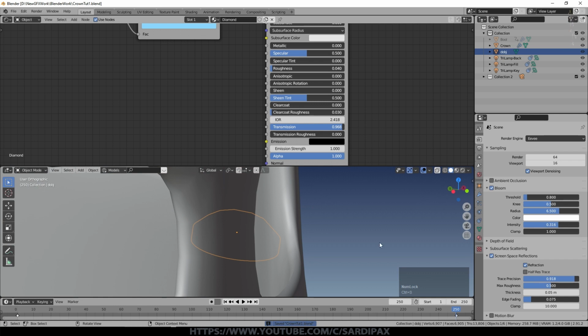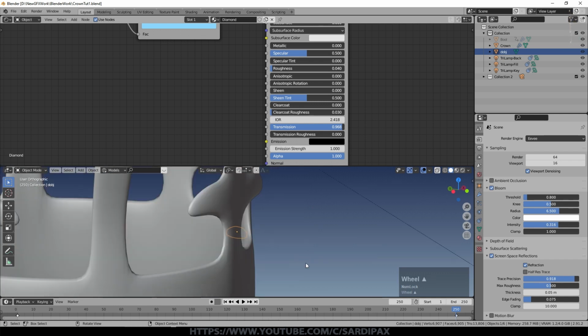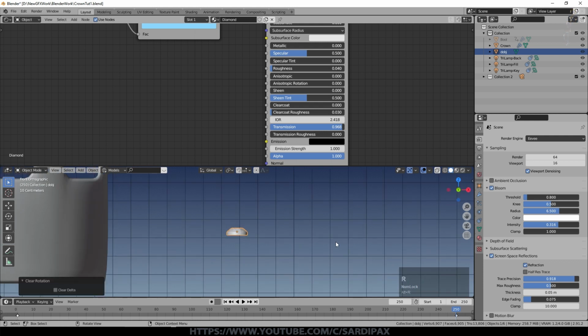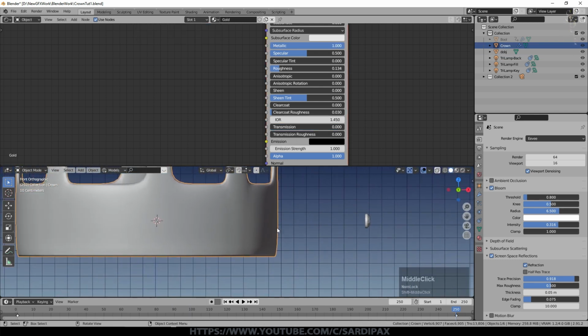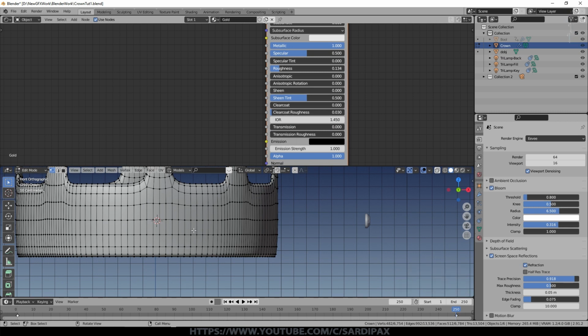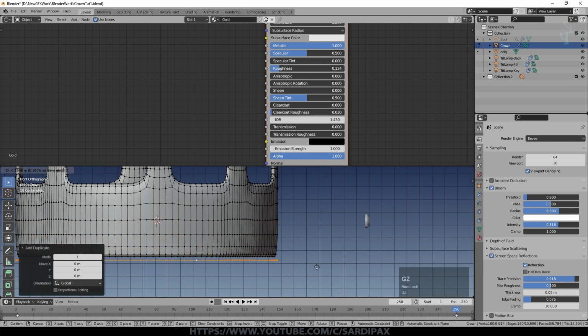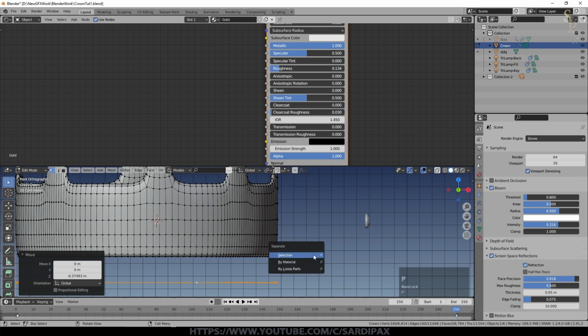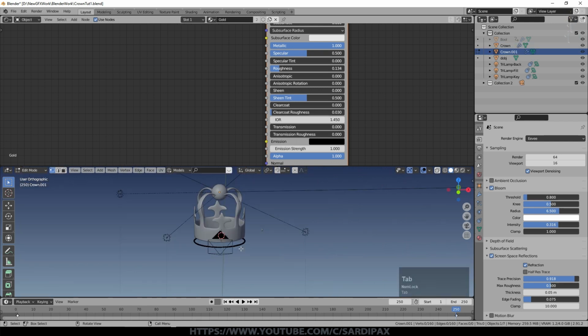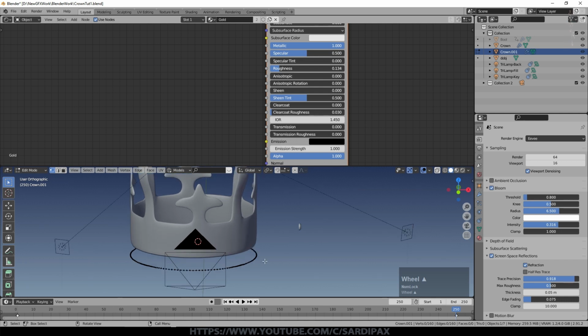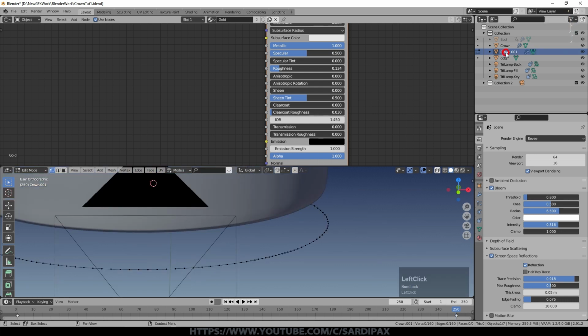So just quickly, how can you get that gem to sit on a nice little band that runs around the crown? Just did Alt R there just to remove the rotation. I'm going to rotate it on the Y by 90, and I'm going to select my crown, go to edit mode, and we'll select, I think, that with holding Alt down, that loop of vertices, Shift D, and then we'll G, Z, move that in the Z axis just down to here, and then P, separate by selection. And you can see there it is, a group of vertices, and it's currently called Crown 001. We'll rename this to Crown Ring.